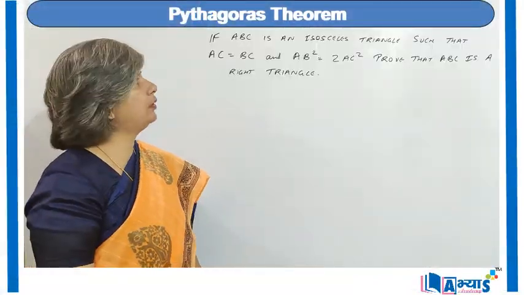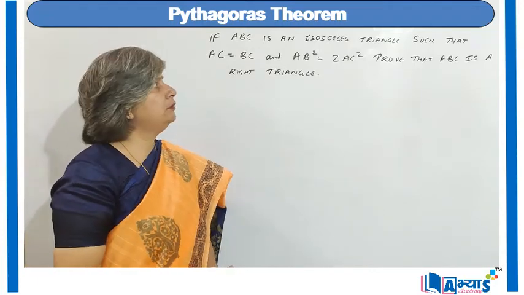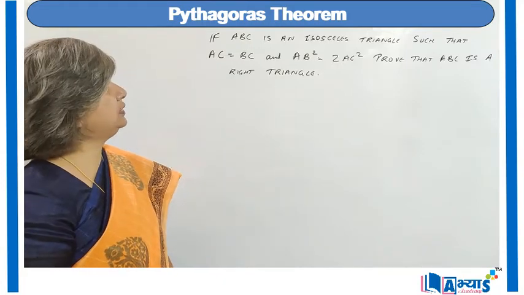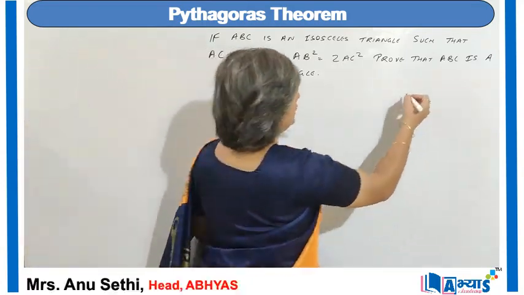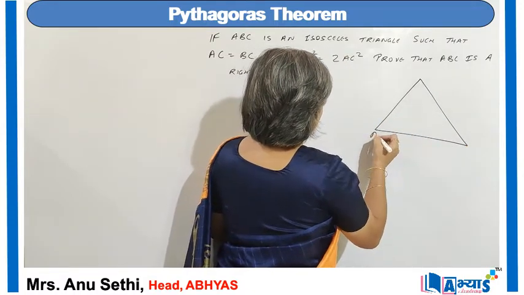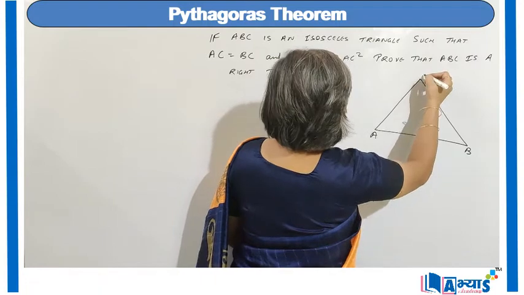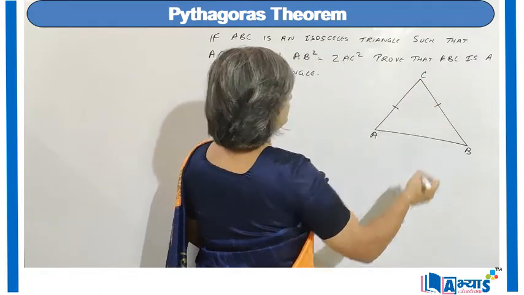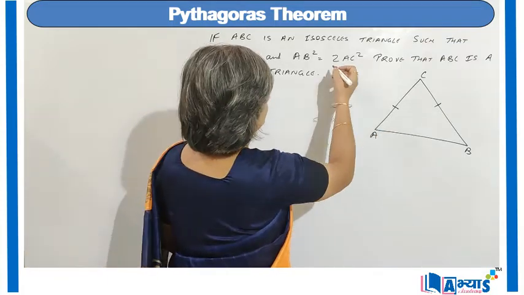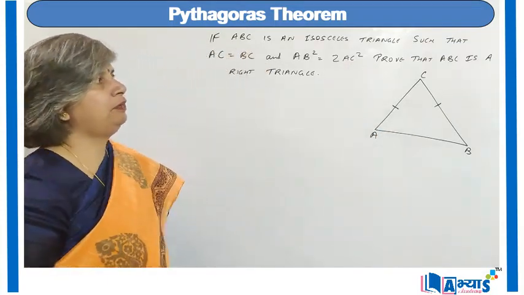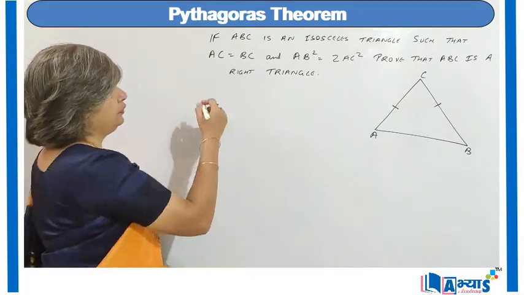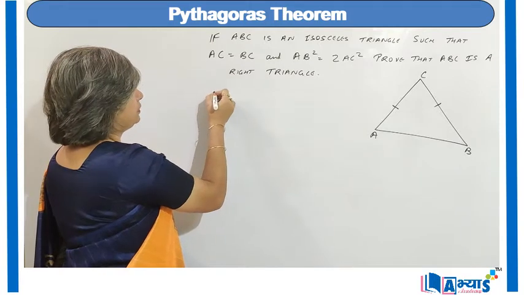Now let us apply the converse of the Pythagoras theorem. We are given a triangle ABC, which is an isosceles triangle, such that AC is equal to BC. Suppose we are given a triangle ABC such that AC is equal to BC, and we are given that AB square is equal to 2 times AC square, and we have to prove that ABC is a right triangle. So for this, the solution will be